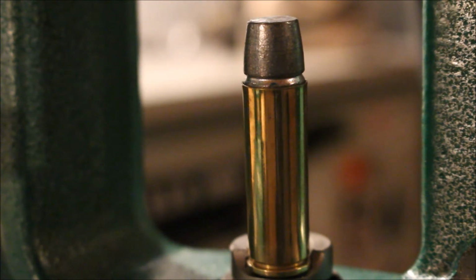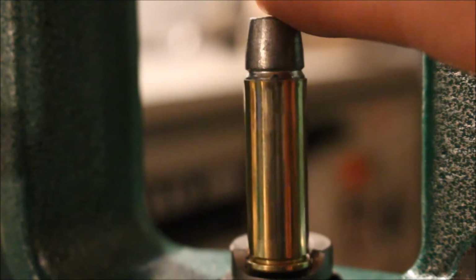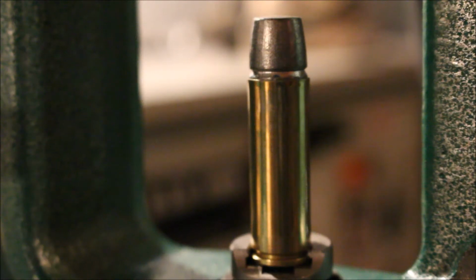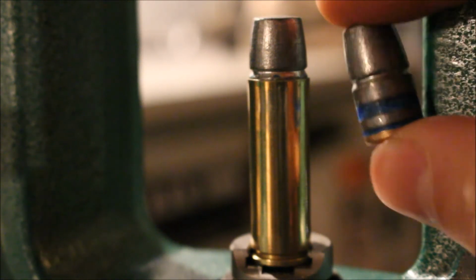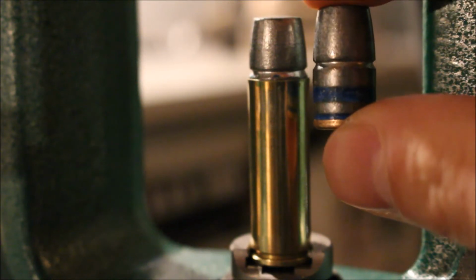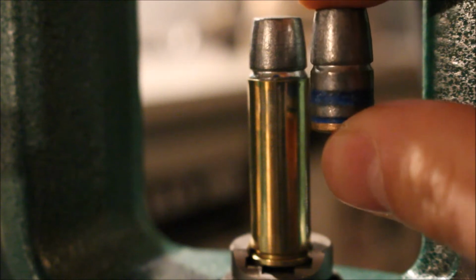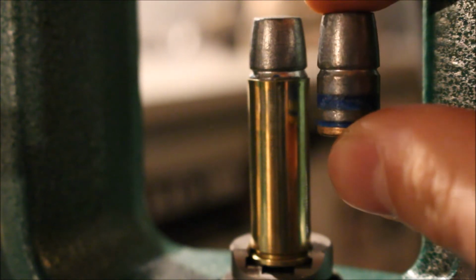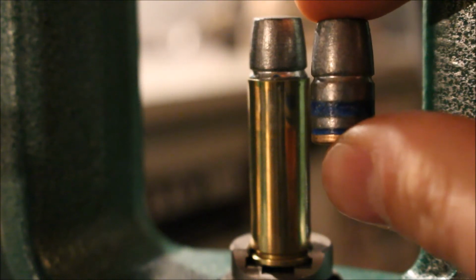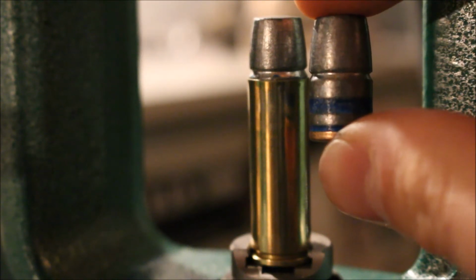Go ahead and get your bullet seating die set up as you normally would, in accordance with the manufacturer's instructions. Okay, then you just seat the projectile. Oh, it's going to fall out. Seat the projectile. You're going to run it up, and then with these lead projectiles, you can see right there that crimping groove. You want to get the projectile seated so that the crimping groove is going to be about right there, so that you can get a good crimp. And the next step,